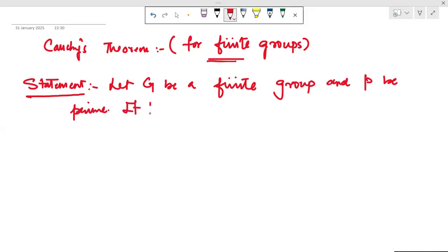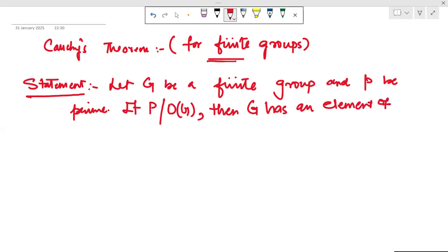If P divides the order of G, then G has an element of order P. So what is the meaning of the statement? This statement states that